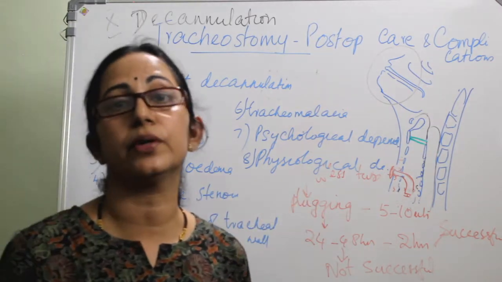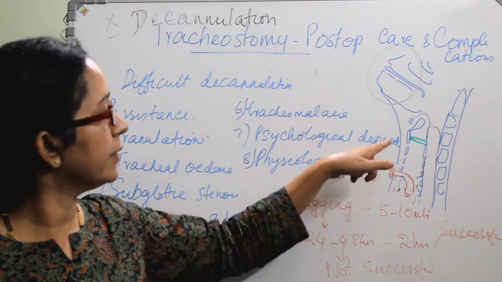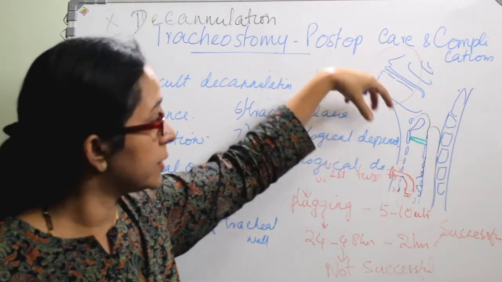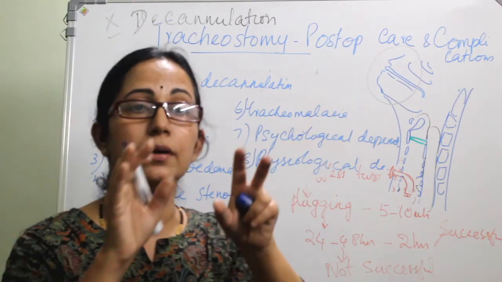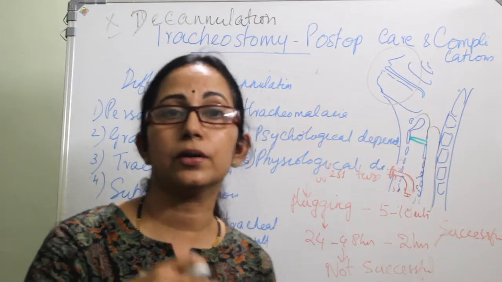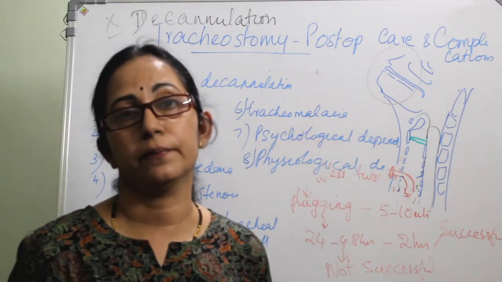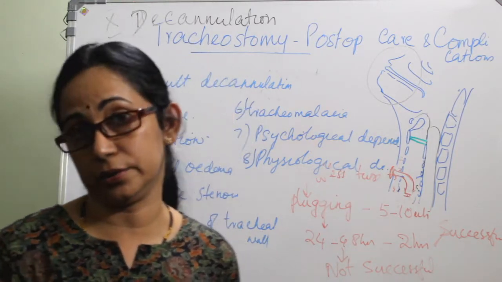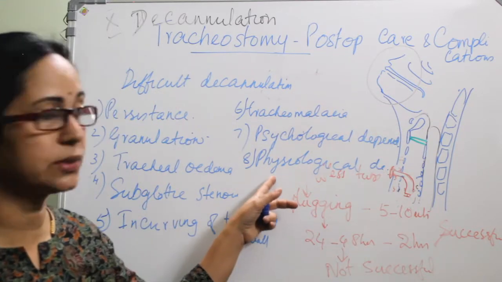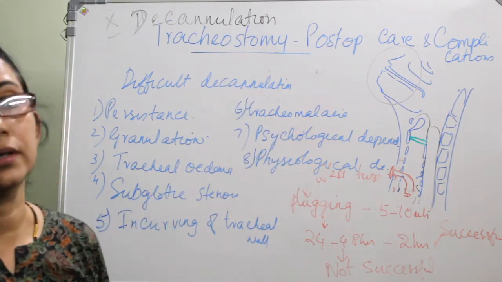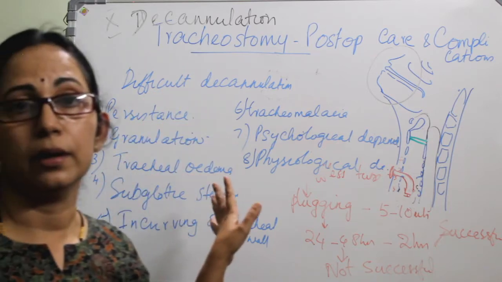There is no extra effort to take air into the lung, because air will come through this and go out through that. If it is in the upper airway, there is resistance of the upper airway and of the vocal cord. The lungs have to do some work, because they were leisurely coping with the tracheostomy. After removal, they cannot tolerate this overload, extra work. So that is physiological dependence, another reason for a difficult decannulation. So all these 8 causes you have to remember.